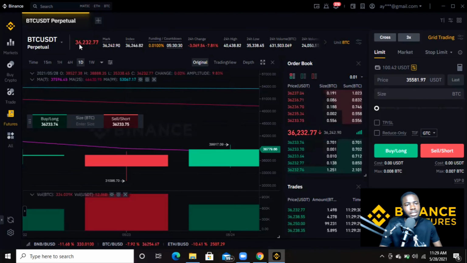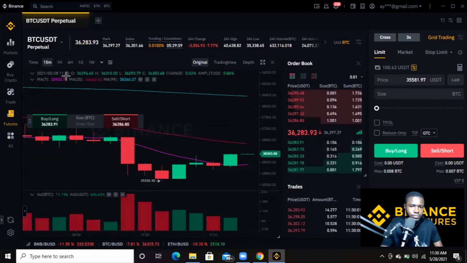The last time I checked this, it was 36,000. So if I had opened a long position at 36,000 and the price is at 36,250 or thereabout now, I'll be making some profit. And in the same vein, if I had opened a position at 36,000 and the price went against my action, which is opening a long position, I'm going to make some loss. So in addition to that,